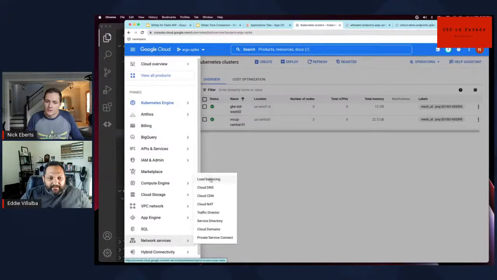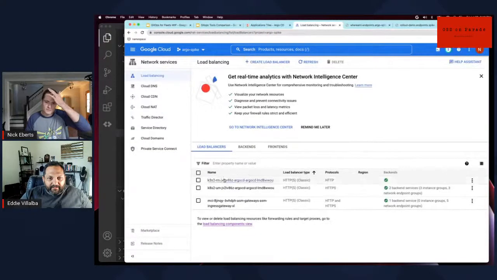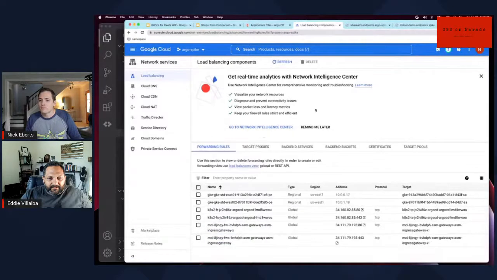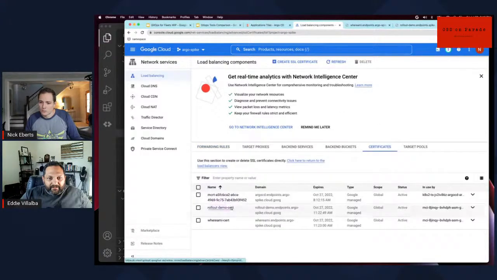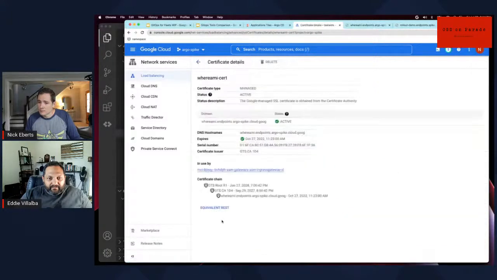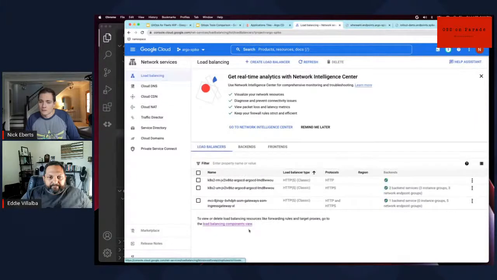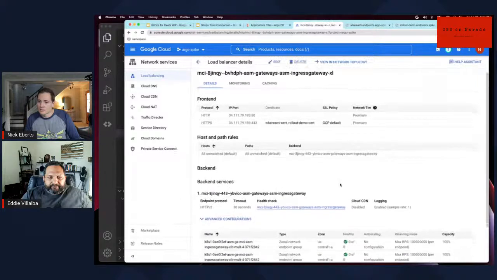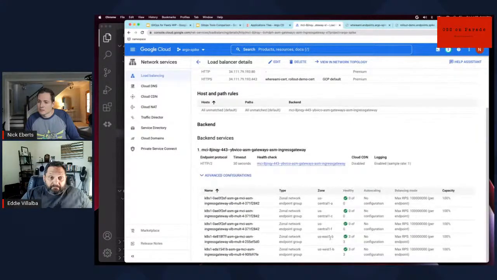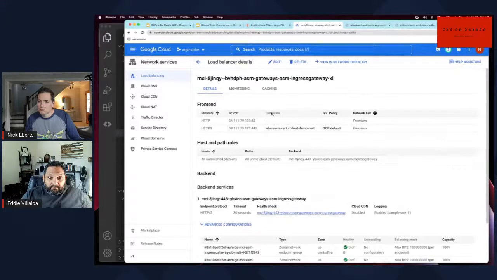Network services. So load balancing. Let's see if we've got some failures. Oh, they're active. They should be good. I wonder if they're actually using them though. Check the load balancer. Yeah, so I check the... that's this one. Yeah. Where am I? Cert? Rollout demo cert. And then if I go back to